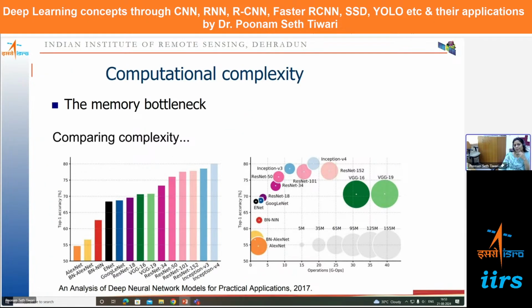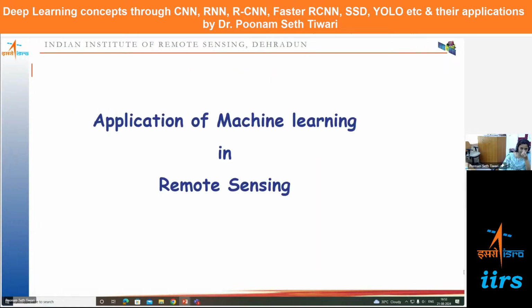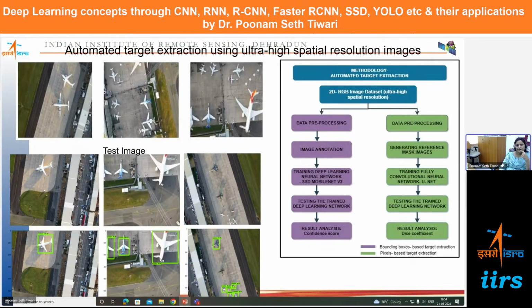Based on the computational complexity, you can say how complex these are, and how much accuracy they are giving, and all those things are evaluated. Now, how deep learning is applied in remote sensing data, you can see